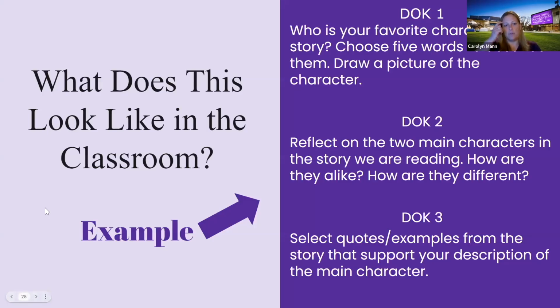Here's another example. So a DOK 1, if we were looking at the DOKs, here: who is your favorite character in the story? Choose five words to describe them and draw a picture of the character. So that would be for your students who might not quite be on grade level, might be struggling, very basic understanding. But then 2 would be reflect on the two main characters in the story. So more of a compare and contrast, which is a higher level DOK, and how are they different? And then 3 might be select quotes or examples from the story that support your description of the main character. So taking it a little further and not just sharing your opinion, but rather providing evidence that supports your description